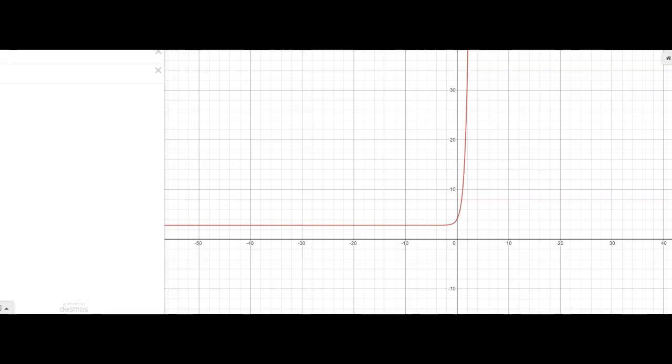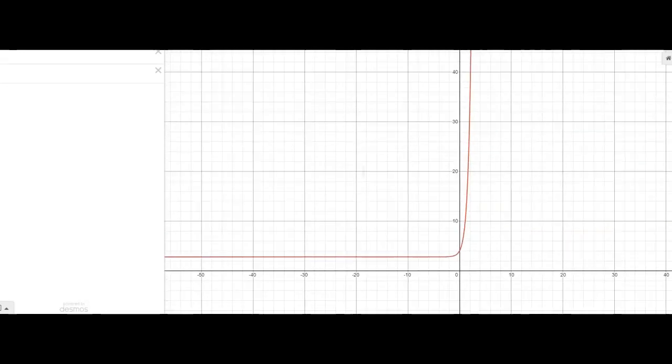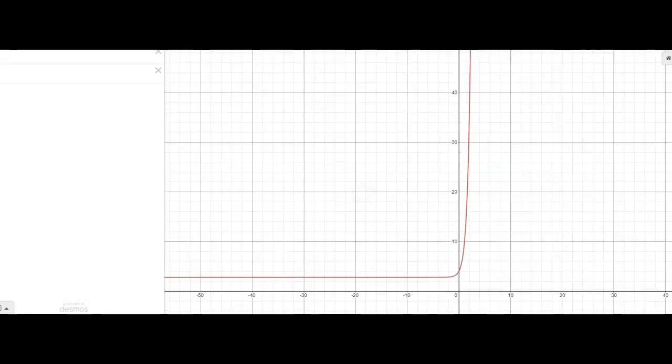But here's the graph. And so what I can do is trace it. I have a touch screen, so it's just with my finger here. I need to go to where the output is 42. So let me go till I get to an output of about 42 is what I'm looking for. Okay, so that's as close, and I don't know if you can see my finger. That's about as close as I'm getting,